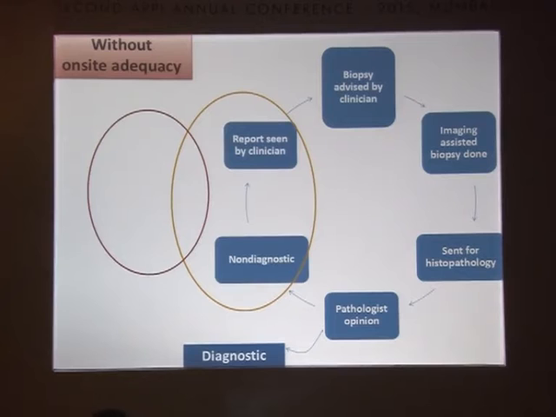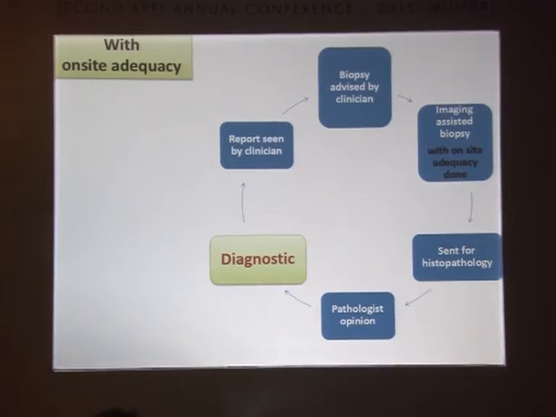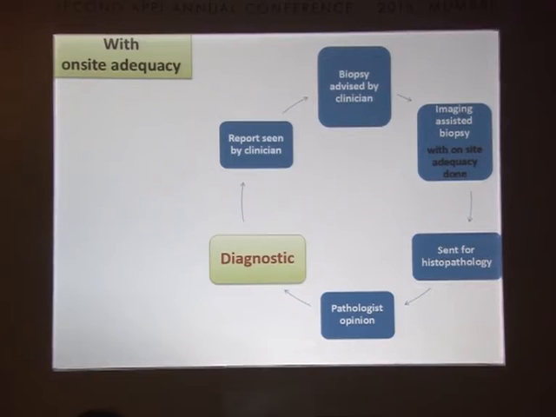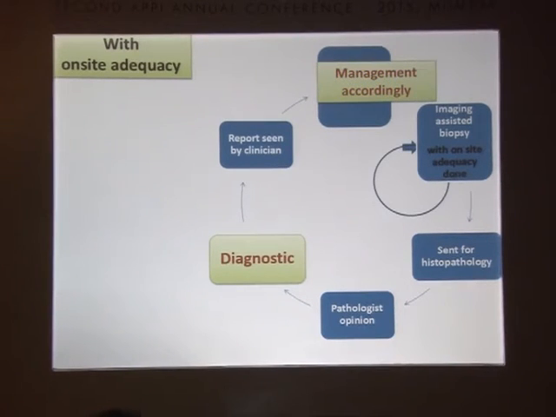The repeat biopsy can also be negative, because the first time it was one resident, the second time a second resident, or maybe whatever. A second operator means the same possibility is there. But on the other hand, if you do on-site cytology, then these other cycles are not necessary. Often it is diagnostic, and with that, management can be offered. Sometimes, again, it will be non-diagnostic, but the cycle can be cut short, and only there it can be repeated. So that is the advantage.